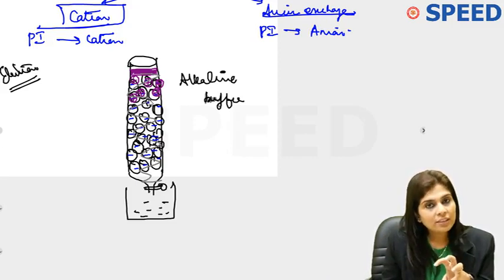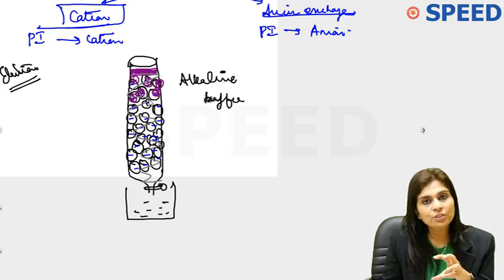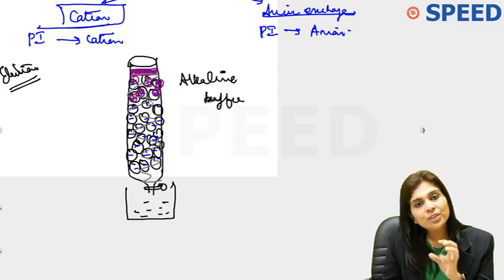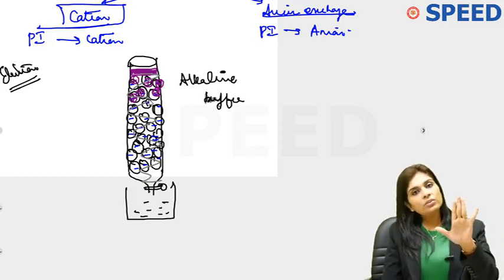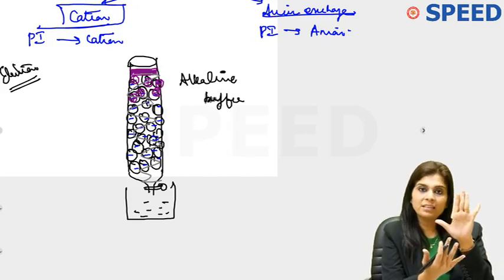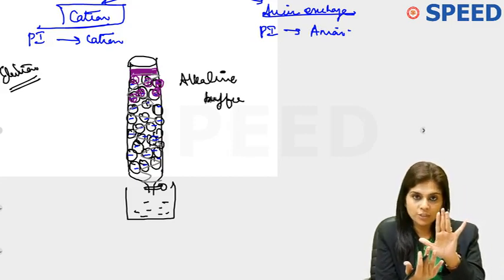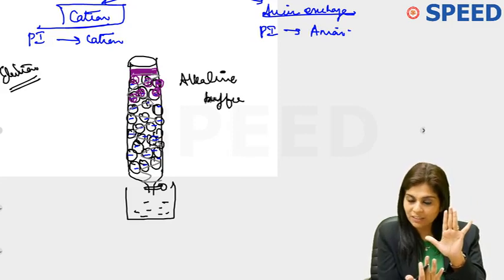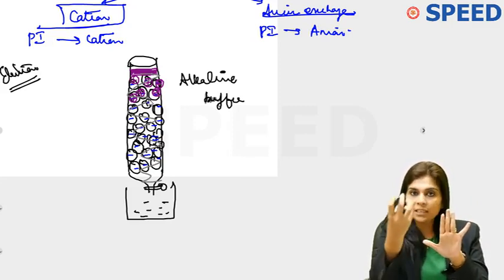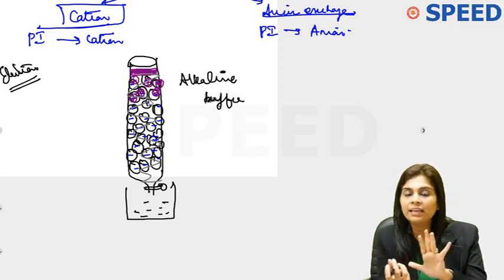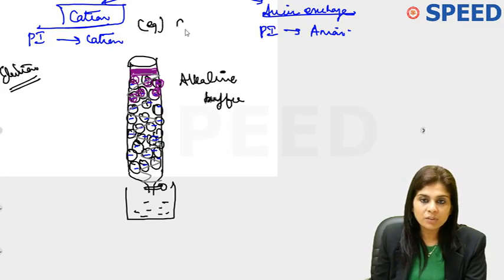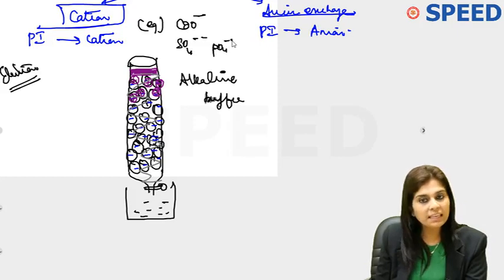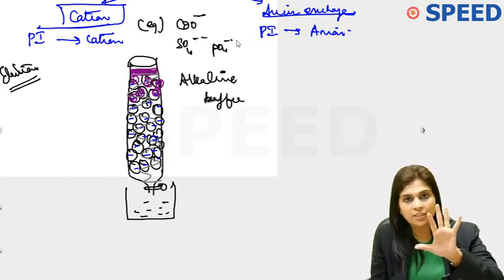So when do you use cation exchange chromatography? When the protein of interest to you is a cation, for which you should retard the cation onto the stationary phase first. How can you retard the cation onto the stationary phase? Only when the stationary phase is an anion. So in cation exchange chromatography, you will use as a stationary phase a column which is filled with synthetic polymer beads which are covalently attached to negatively charged groups. Examples for negatively charged groups will be carboxyl group or sulfate group or phosphate group. Any acidic group should be attached to the stationary phase.